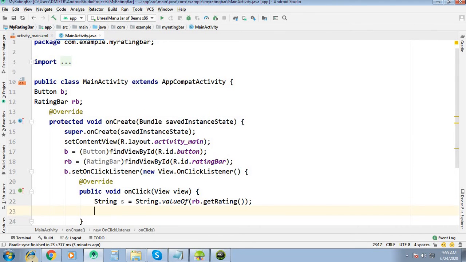Then simply display it in a toast. Toast t, Alt+Enter to import the class.